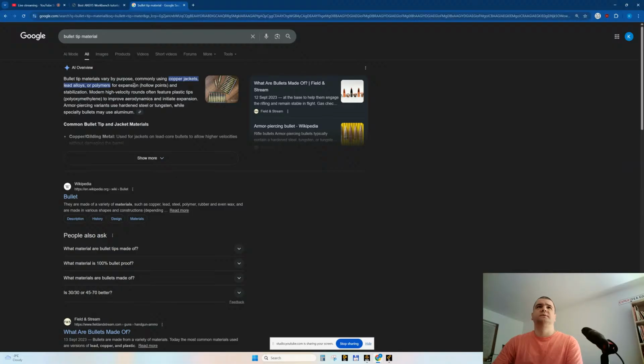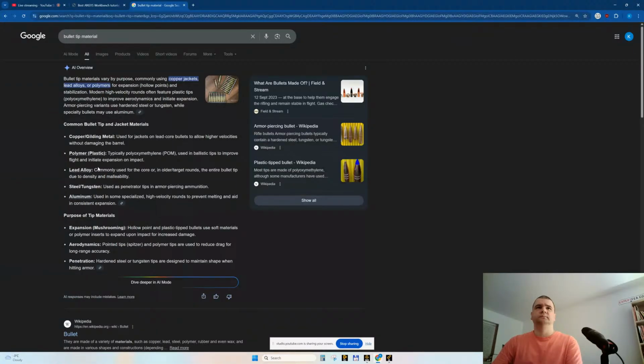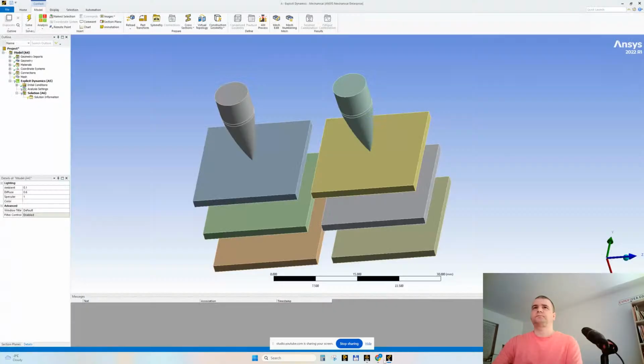Polymers, lead alloys, hollow point stabilization. Okay. The problem will be if we make this very soft, then we cannot penetrate too many steel